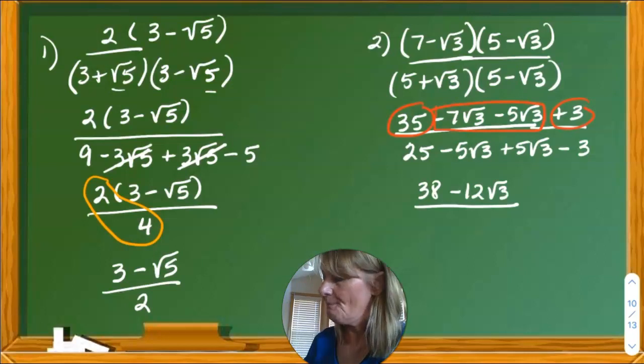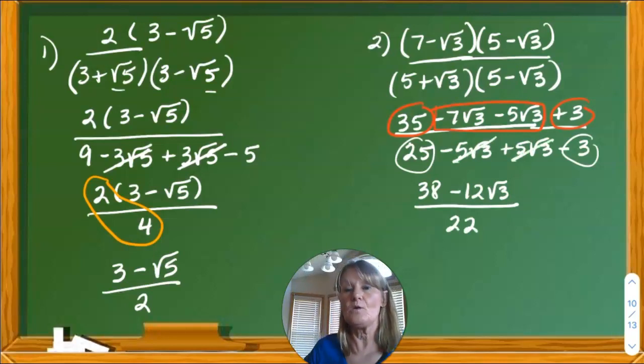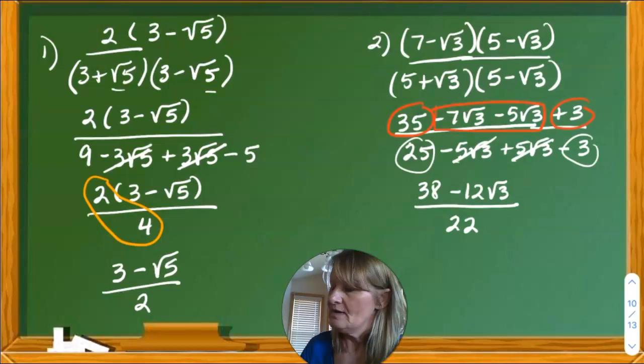Okay. Next, do the denominator. So 25 minus 3 would be 22. And then again, these cancel out. Okay, looks good. Now, one step you need to pay attention to, very important step, is when I'm looking at this, one thing I should notice is